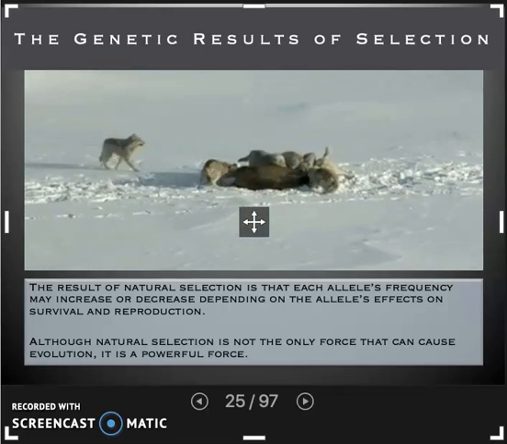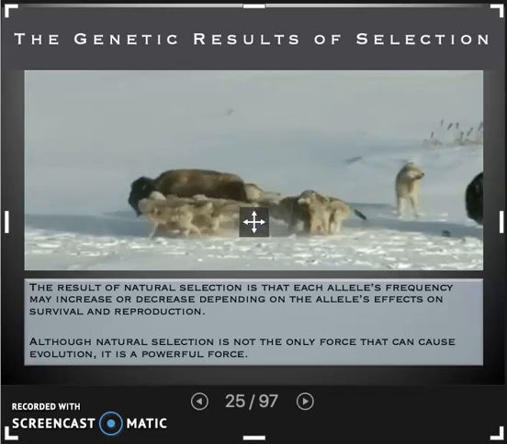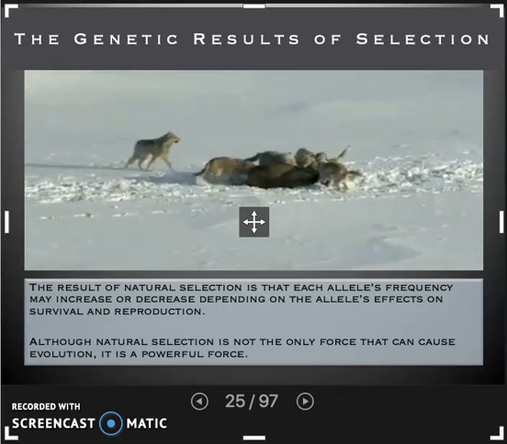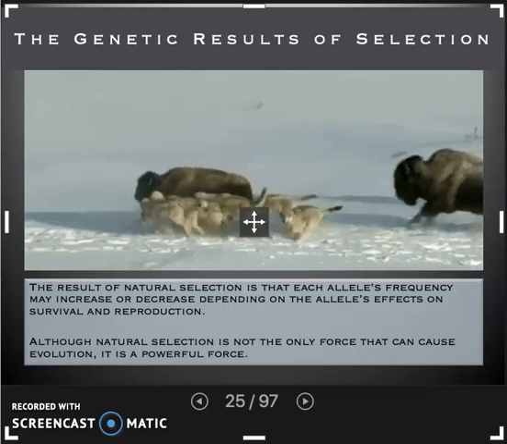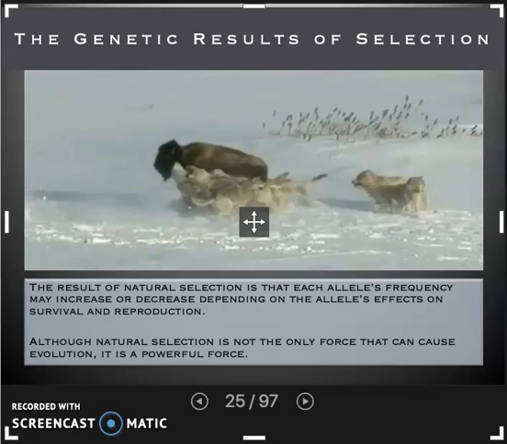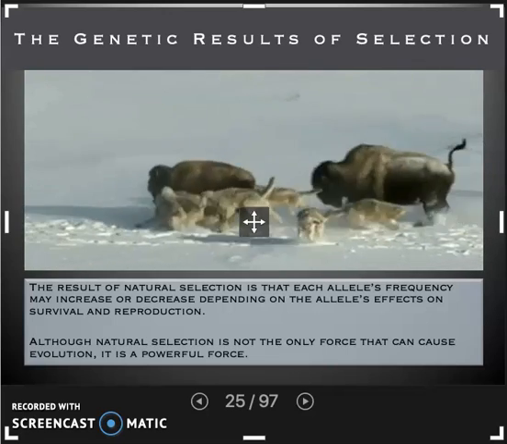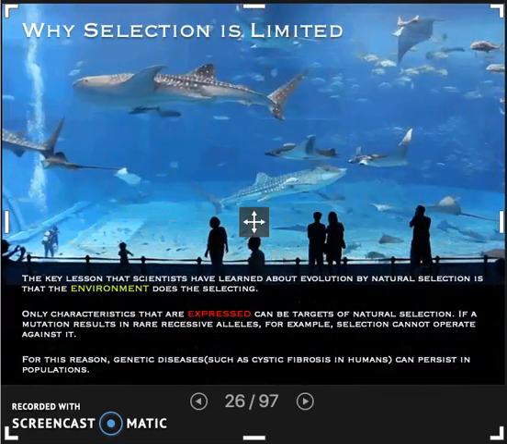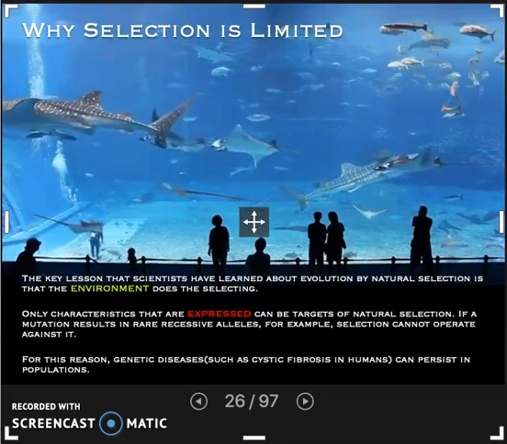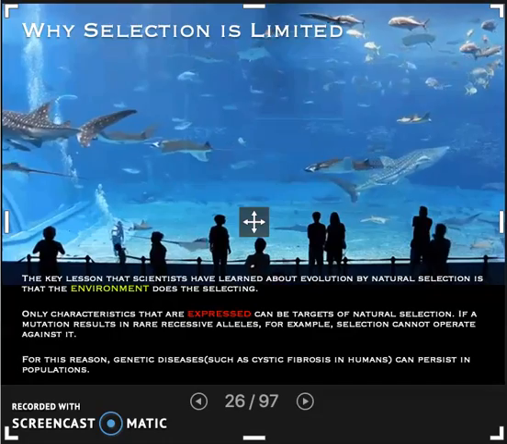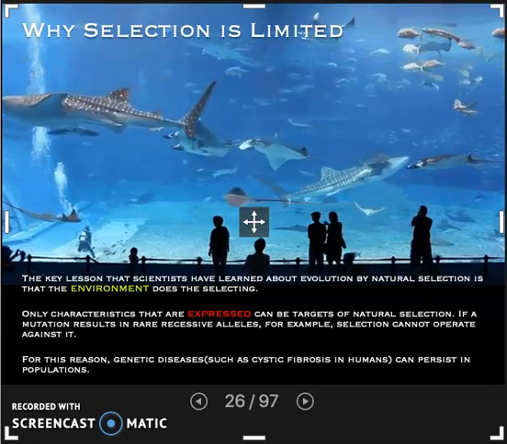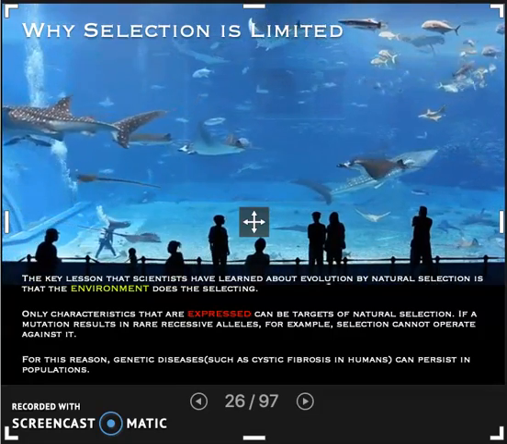While natural selection is important and has huge effects on evolution, it's not the only force that can cause evolutionary change. So you've got the slow baby buffalo here, and it's never going to get a chance to have babies. Selection is limited. All right, so we say that the environment selects traits, but unless those traits are expressed, they can't be selected against. And this is kind of a weird, counterintuitive truth